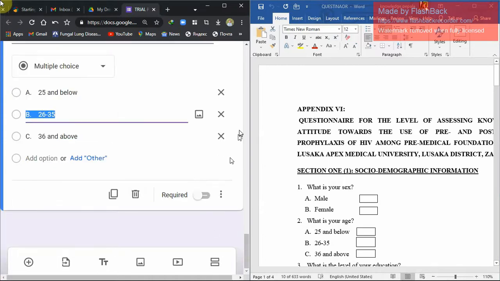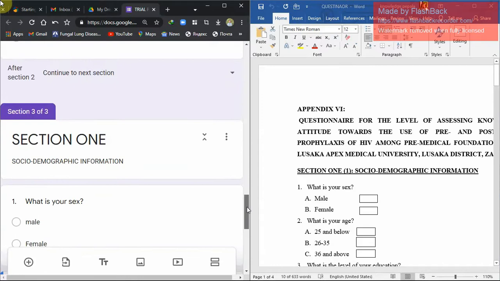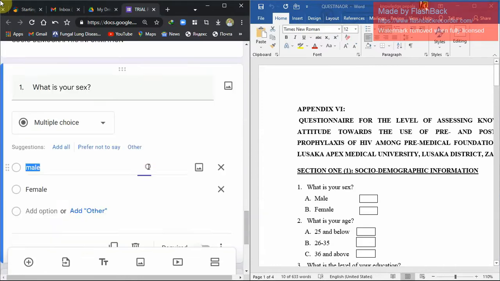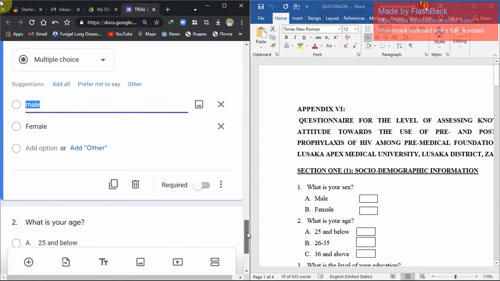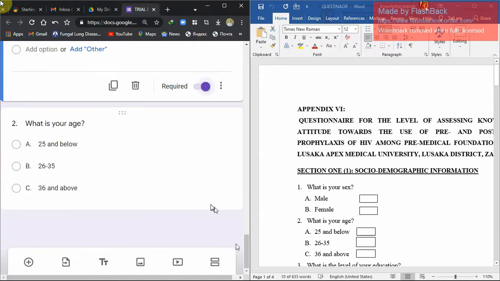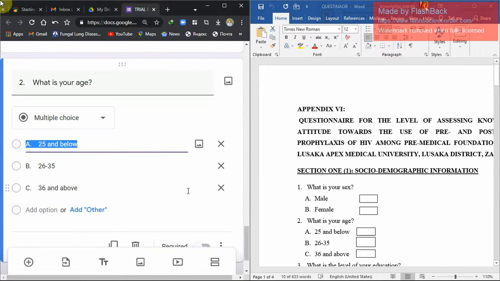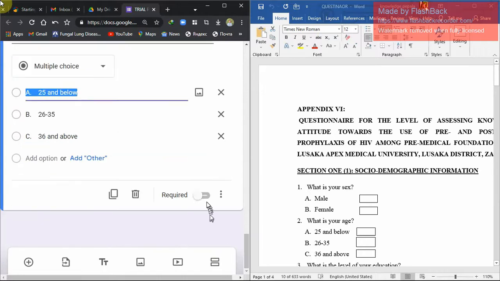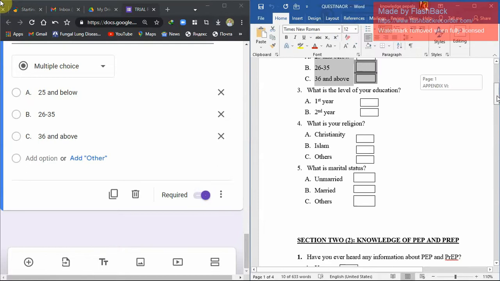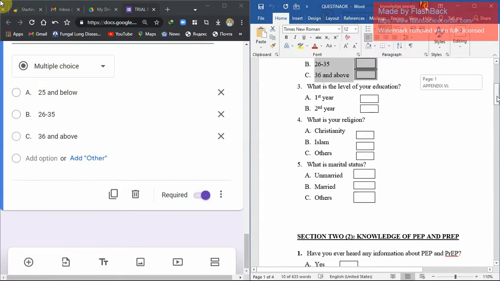And then here again you make this question as required. What required means is that a participant can't go to another question, or they can't submit this survey without answering this question. So you say required. Even here you say required. Then you come to, so like this,